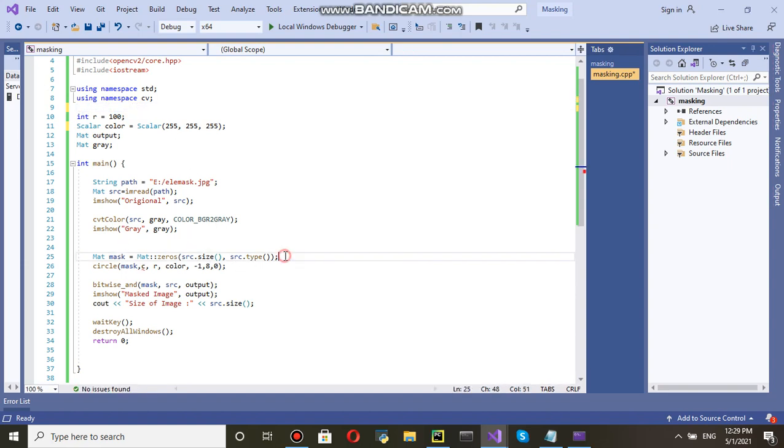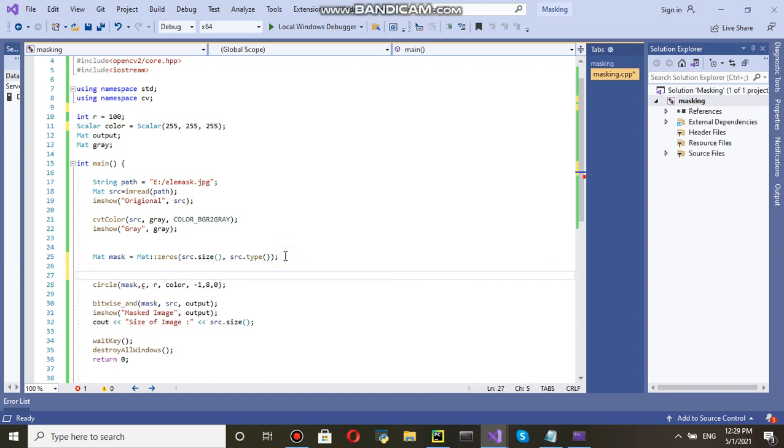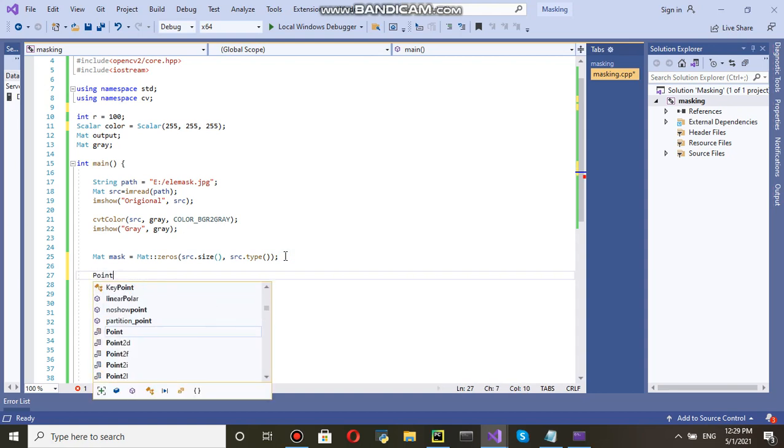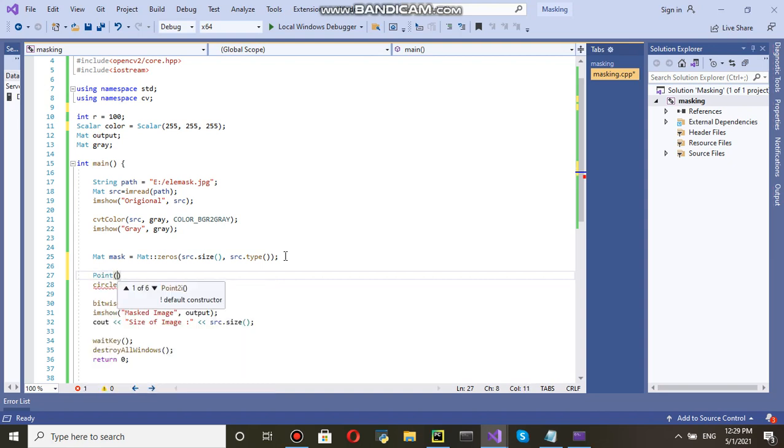So here you can use, for center, a point, and SRC dot columns by 2 and then SRC dot rows by say 3, right? This is a point, you can see C, point C.